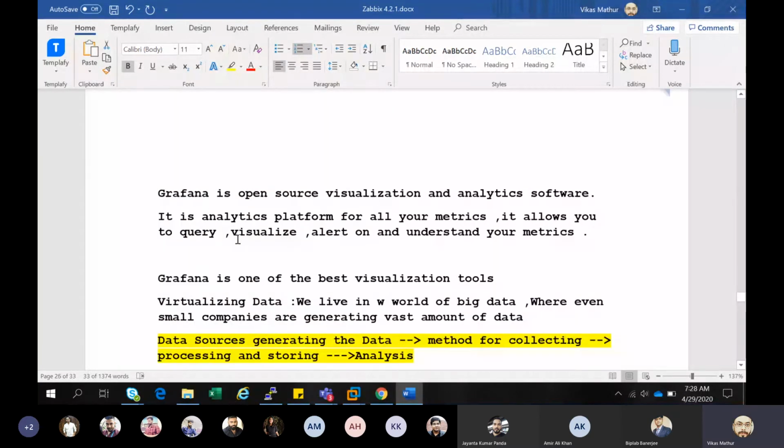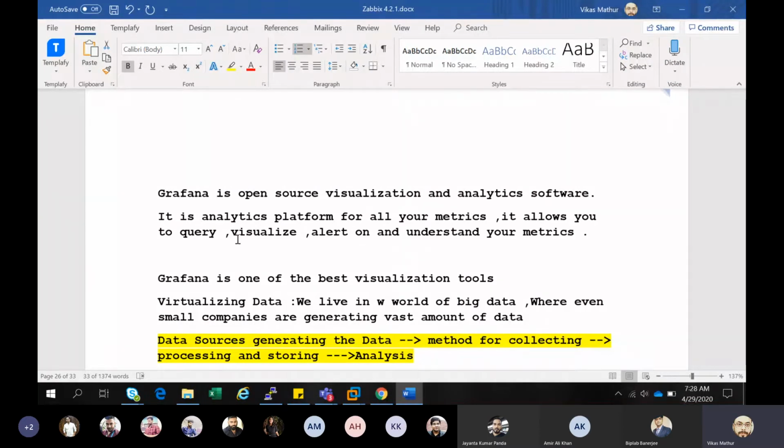Grafana and Kibana are the two visualization analytical software available on the market. Most of the companies are using Grafana, some are using Kibana. So what is Grafana? Grafana is analytical software. It collects your data metrics, whether related to your hard disk utilization, IOPS, input output operations per second, RAM utilization, network utilization.